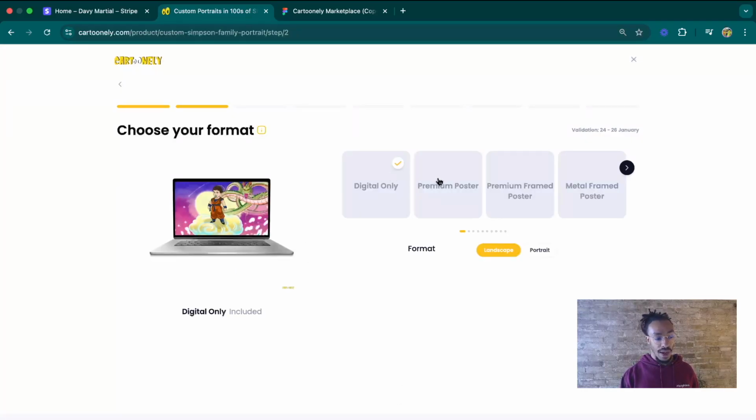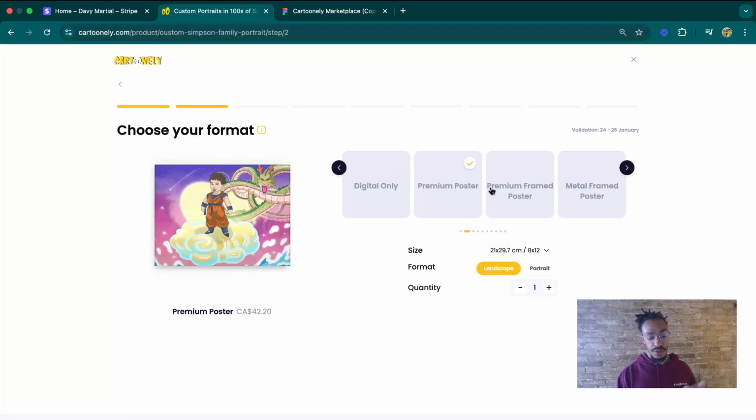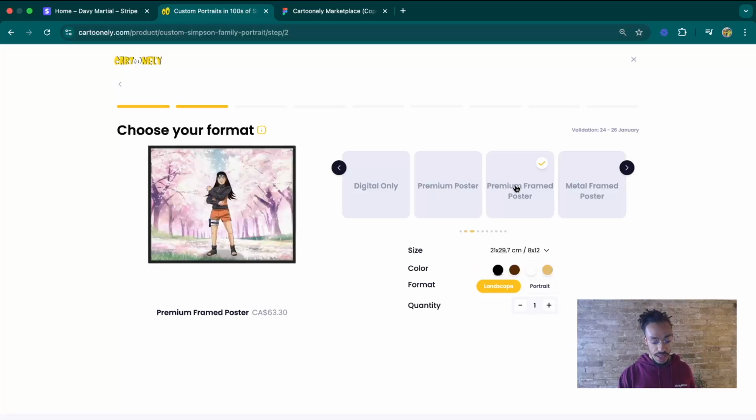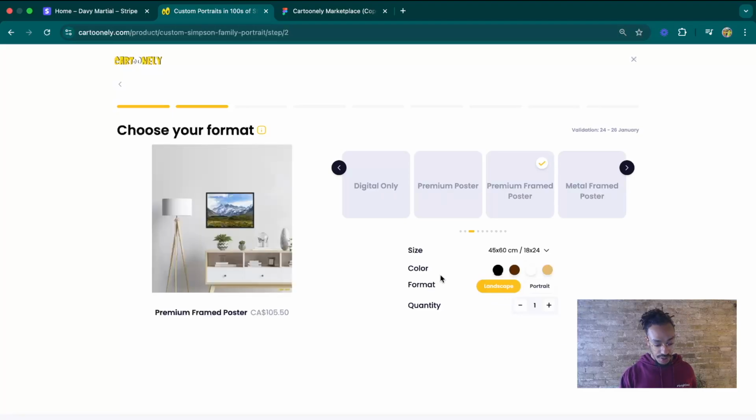Then you could choose the format, because we were offering a digital portrait, which is just your drawing that you can download and use for whatever you want. You can print it yourself. But we also had an all-in-one solution where you can also order a physical product from our platform. And I didn't want to be involved in this printing system either. I just wanted this to run automatically. So here we connected a different supplier to help us display the different products that he was offering. And here you can select the product, select the different size of it. So choose the size of the frame that you want, and then select the quantity,